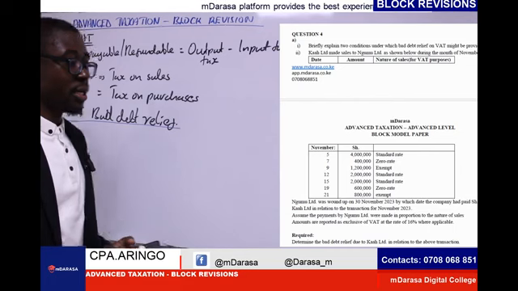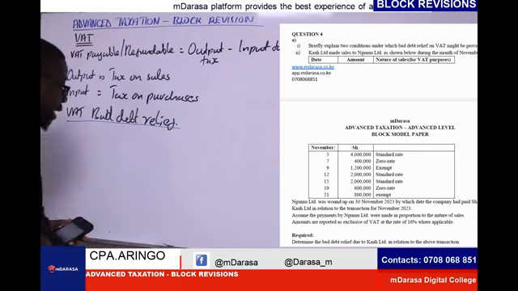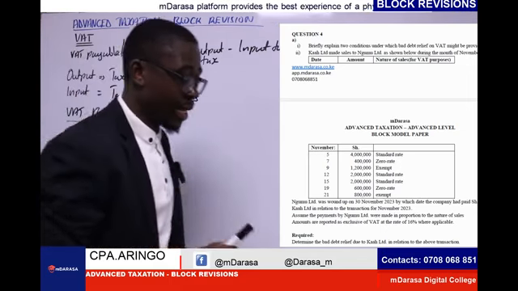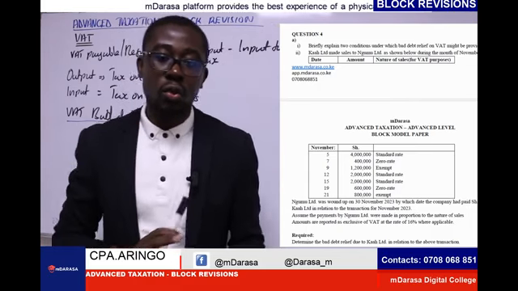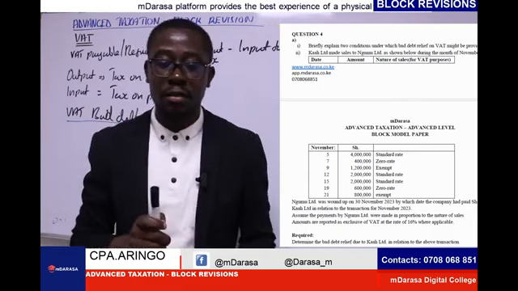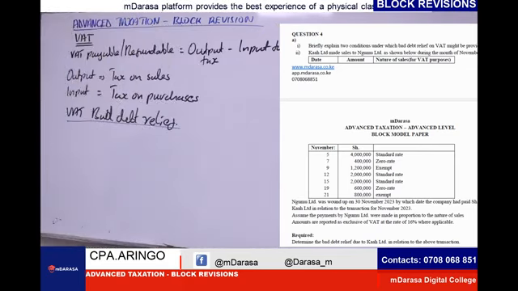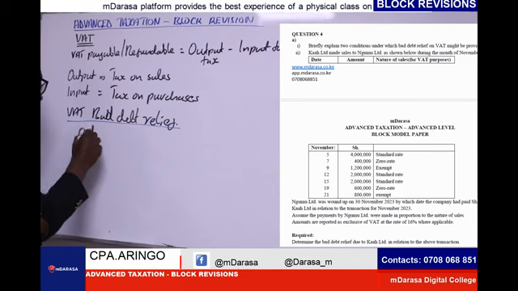Condition number one, at this point, your debtor must have been declared bankrupt. So condition number one is where a debtor of a taxable person is declared bankrupt. That is the first condition whereby we can claim for VAT bad debt relief. Condition number two, my good students, is where the debt of a taxable person remains outstanding